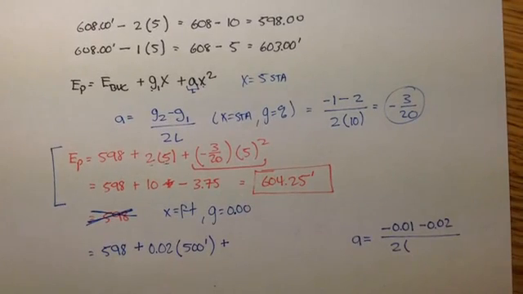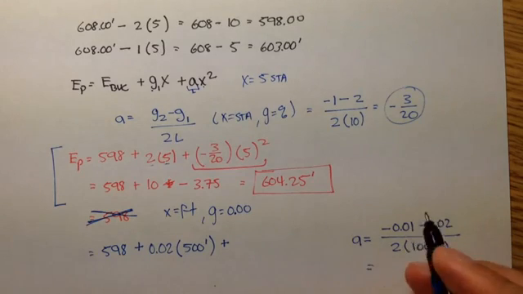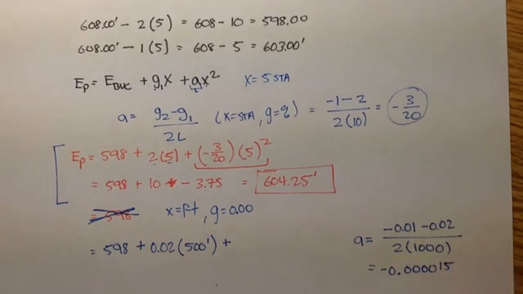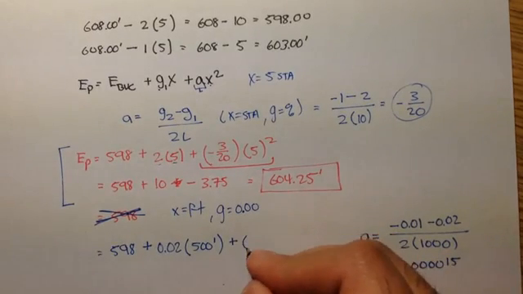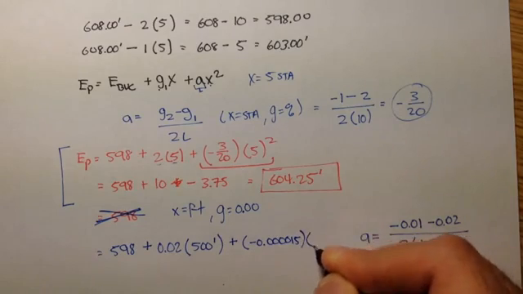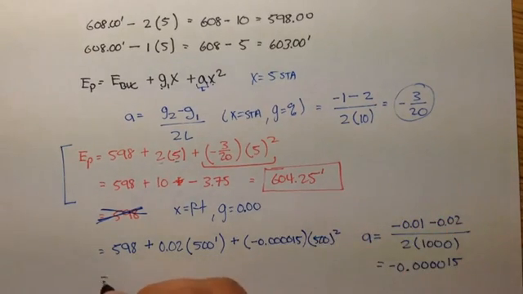The length is in feet, so 10 times 100 is 1,000. And if we do this, we're going to get A is equal to -0.0000015. Okay, so if you plug that in, -0.0000015 times x squared, or 500 squared, we should get the same thing,